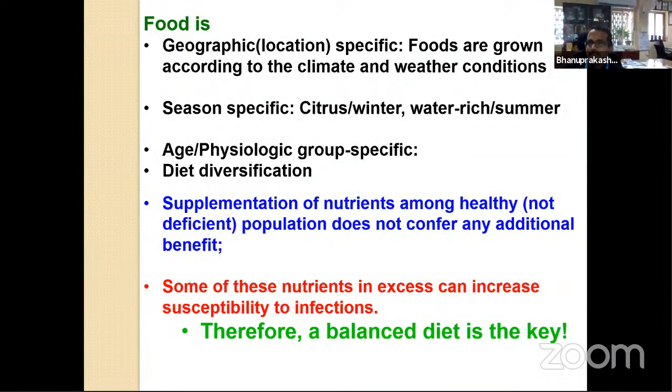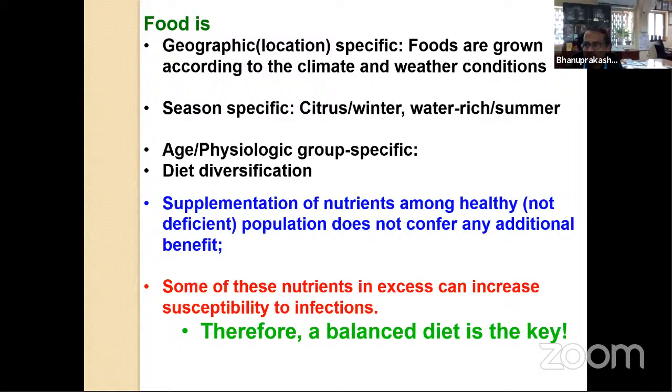But then science also has got a problem. Technology has two sides, like any coin has both tail and head. Now with the technology, we can grow any crop round the year, whether it's good or bad. Personally, my view is that you need not grow watermelon 12 months in a year, because it is good only in summer. You don't need to take it in the winter, but you have the technology where you can grow it at any time of the year. So that is the problem with technology and science. That's where I'm trying to tell you that education and awareness is very important.